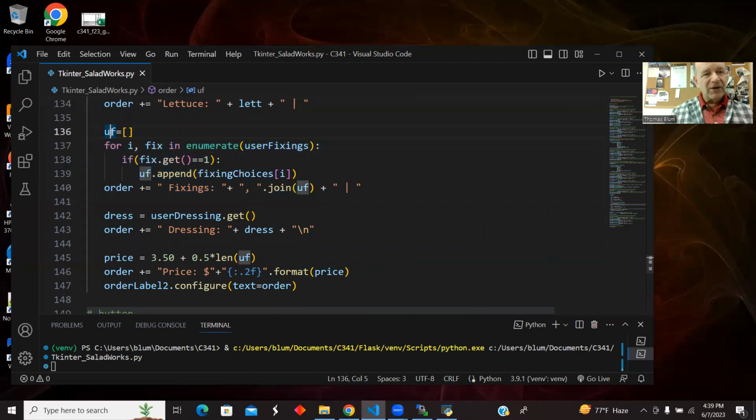Okay, so my UF, this is what I'm actually going to end up putting on the page, but I'm looping over the user fixings. So I'm looping over all of them, and then I ask if they are selected or not. So fix is one of those user fixings associated with the check box. If I use its get, I'm getting its value effectively, but its value is sort of a Boolean, a true or a false, or I'm working actually with integers, so it's a 0 or a 1. So if it's 1, then it's checked,